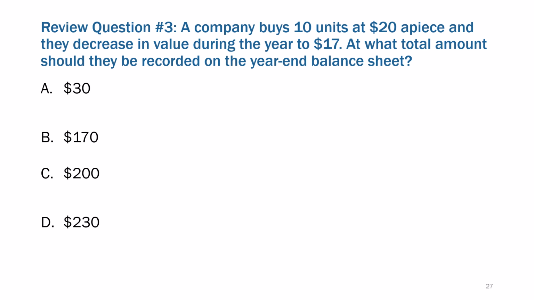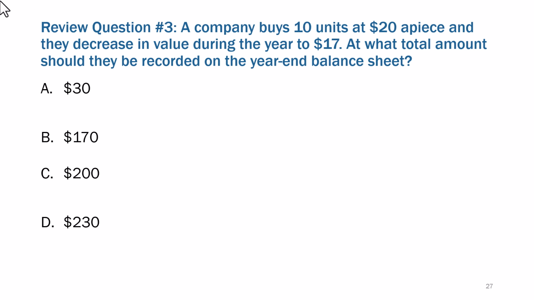Well, review question here. If a company buys 10 units at $20 a piece and they decrease in value during the year to $17, at what amount should they be recorded on the year-end balance sheet? And I actually realized right when I read that